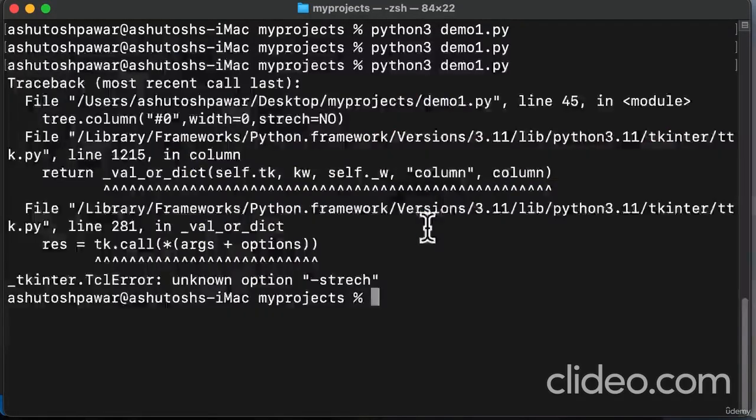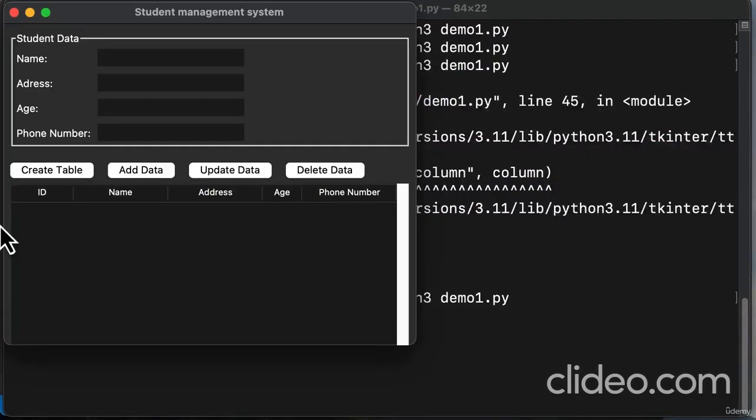And once we fix that, if I run this code, as you can see, now we have all the columns set up over here for ID, name, address, age, and phone number. So this kind of makes our application look complete. However, right now we have only designed the user interface for our application, and we are yet to populate our